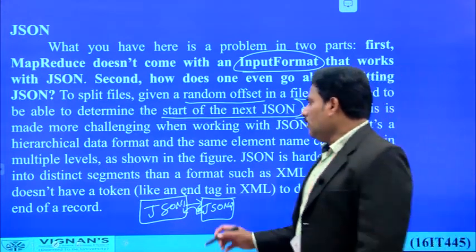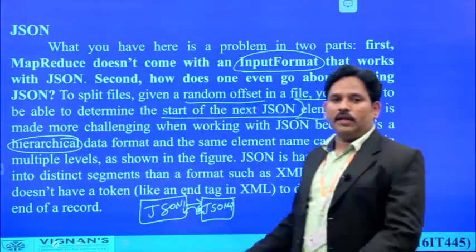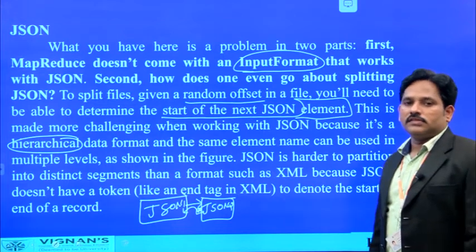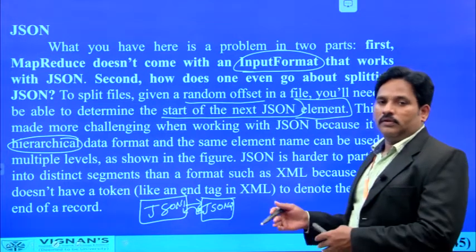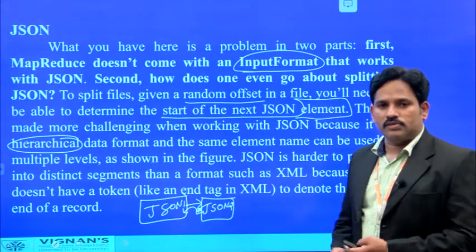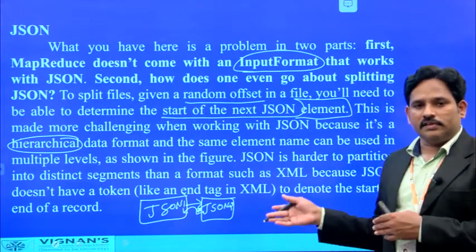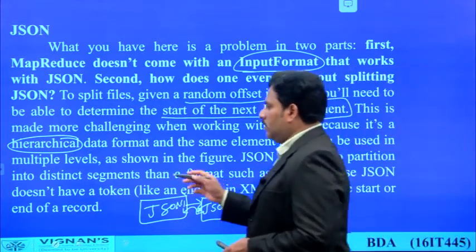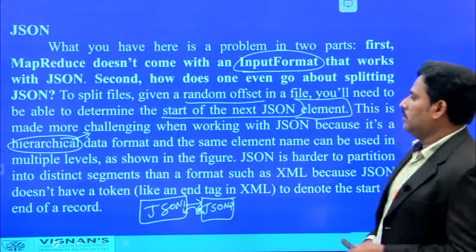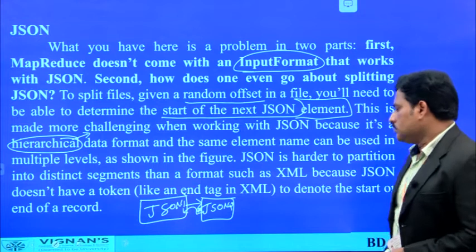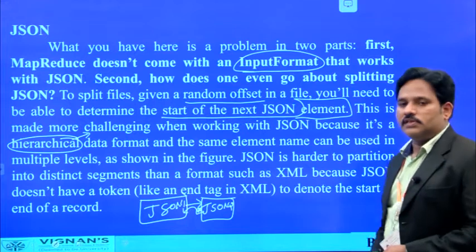And one more thing, we can also implement the hierarchical data format. That means more than one format of data can also be used in a single data serialization activity using JSON. So what happens if the same property or the same key value is available in the previous data element? The key value can be inherited and taken to create the next JSON element. So here, extracting the parent properties can also be used in this hierarchical implementation of JSON data serialization. So these are the advantages of using JSON.